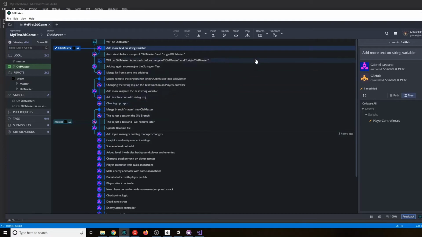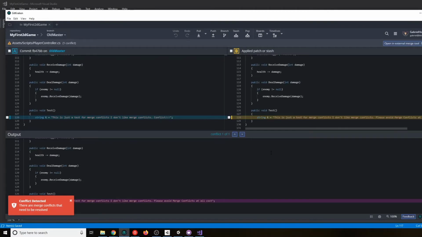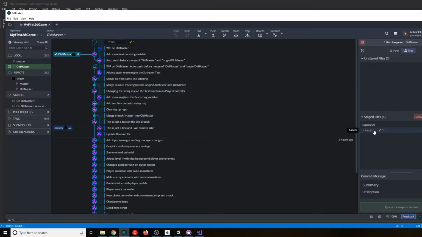So what we can do is I'm gonna just say, hey, I want to pop this stash. This is actually happening because we had two pops at the same time, but we want to keep this one, right? And we have our change here,